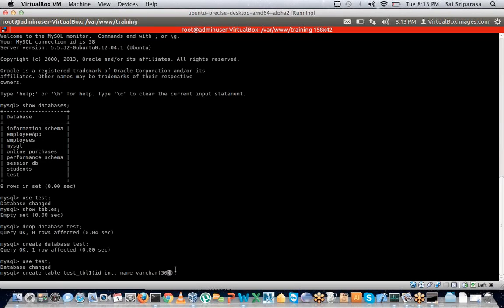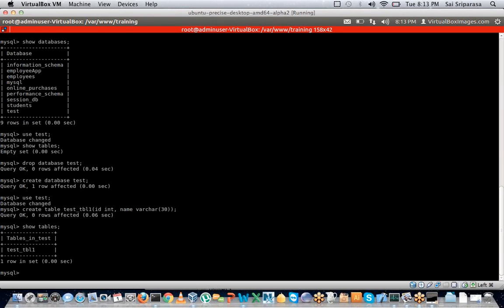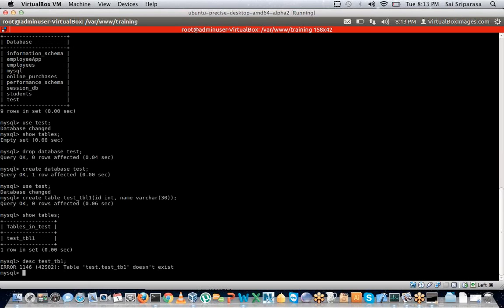So now let's actually go in and hit enter. Now the table is created. If you want to take a look at all the tables that are available, you say show tables. If you want to understand what exactly is the schema of the table, you say describe. Describe or DESC would give